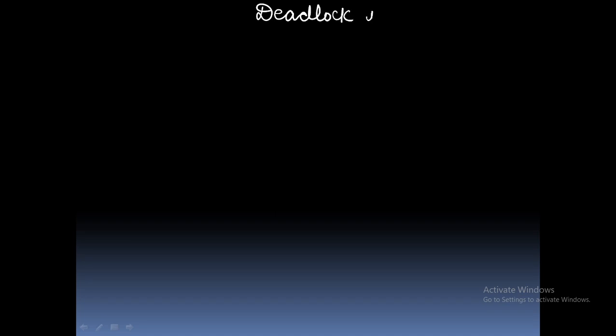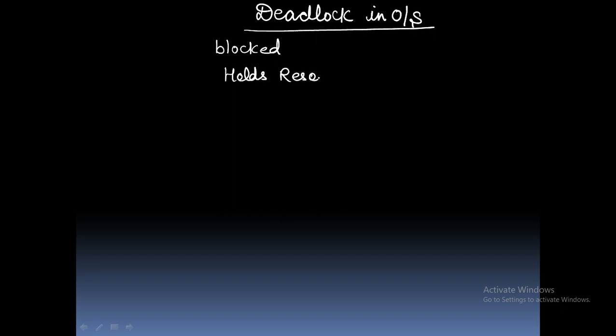When is deadlock created in an operating system? Deadlock is that situation where execution of two or more processes is blocked because each process holds resources and waits for other resources which are held by some other process. For example,